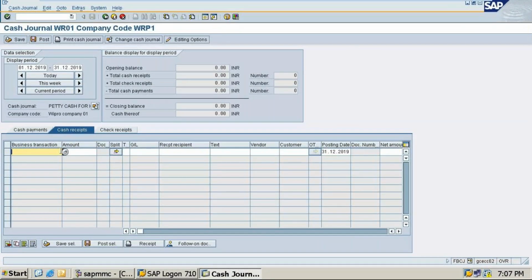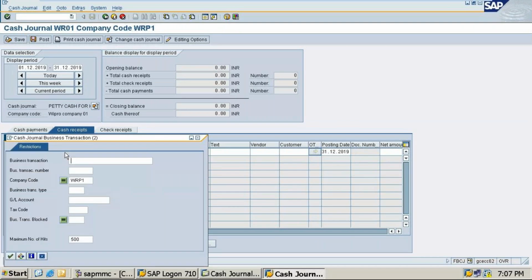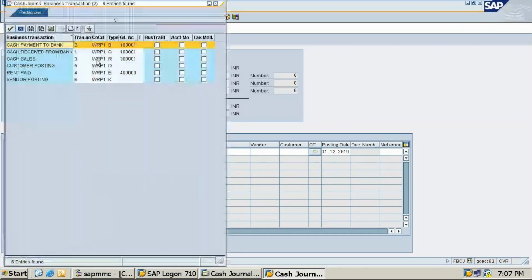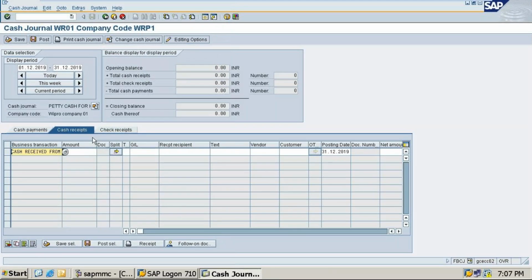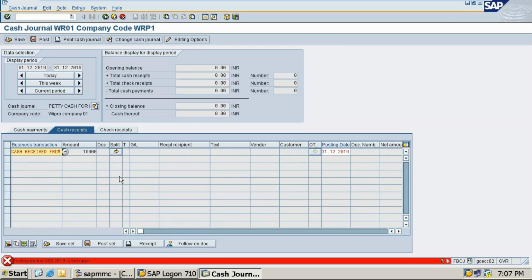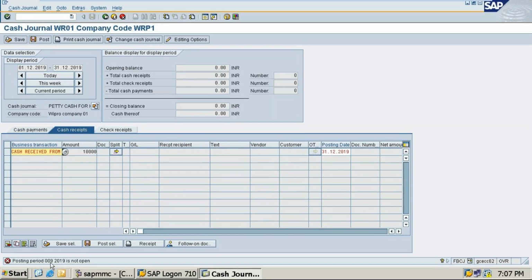In business transactions, cash receipt. Amount is 10,000. Press enter. Posting period 009.